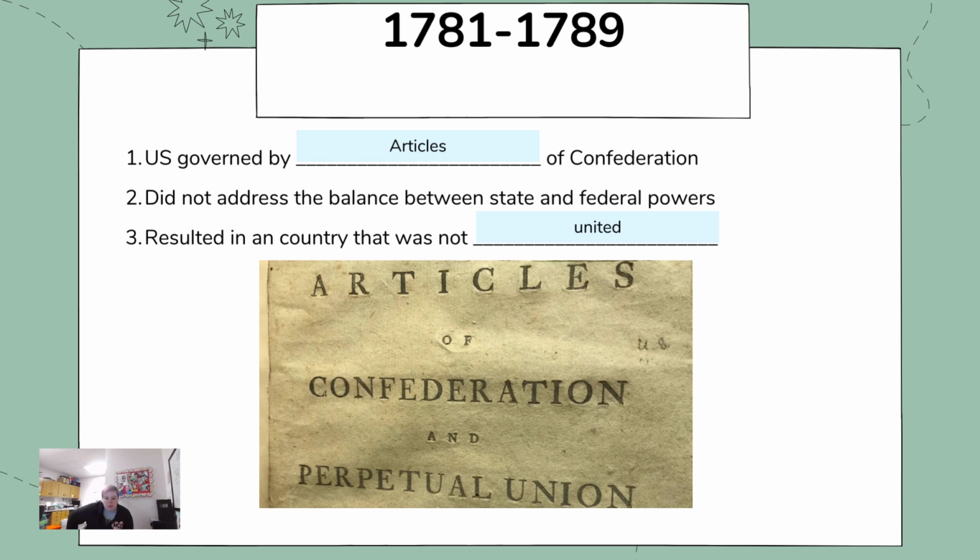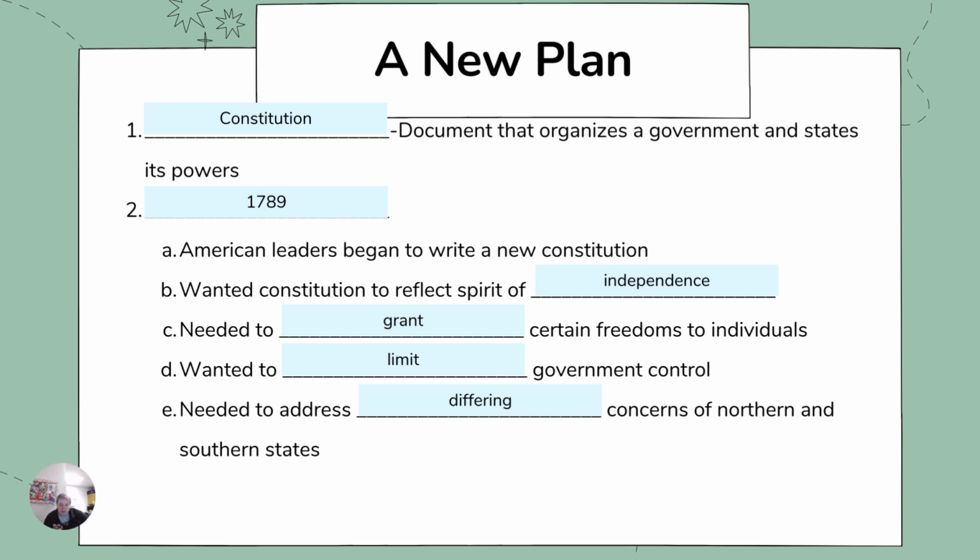So from 1781 to 1789, the United States was governed by the Articles of Confederation. However, this plan did not effectively address the balance between state and federal powers. The new country was not as united as it needed to be. So in 1789, American leaders met to begin writing a constitution, or a document that organizes a government and states